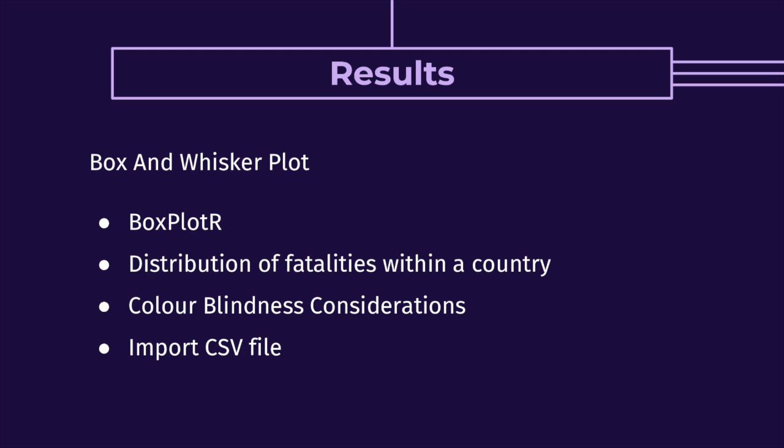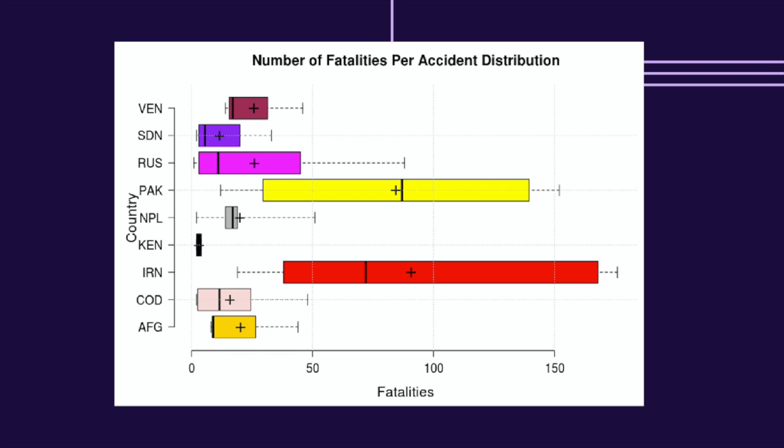A consideration that had to be made when comparing the boxes was the issue of colorblind people. To accommodate colorblind people being able to interpret the visualization, the color pairings of green, red, brown, and orange were mitigated. From the box plot, it is evident that for most countries the maximum whisker is separate from the third quartile, suggesting at least one major accident with high fatalities.